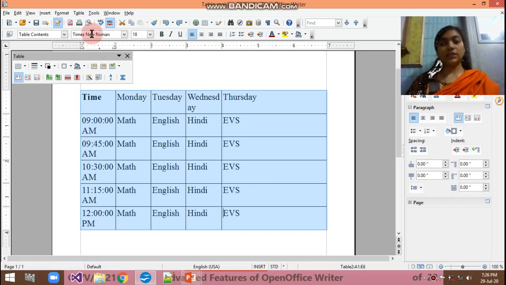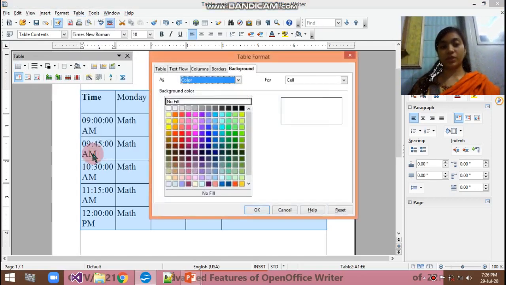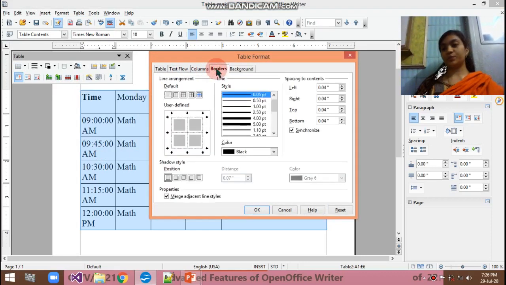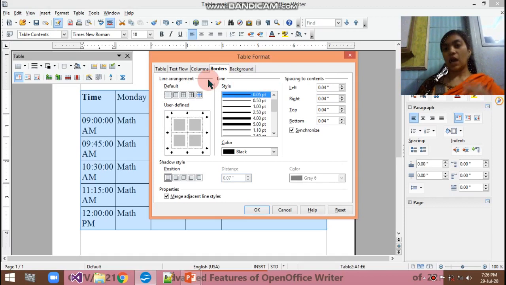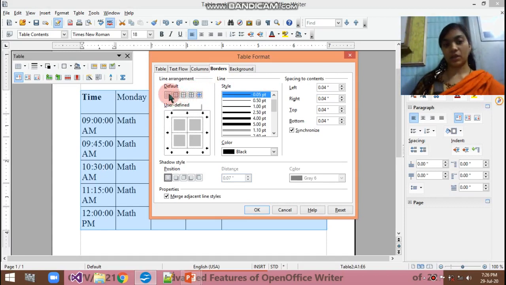Okay, so after selecting the table, the option of the border is also available here. If this tab does not come up, then you have to go to the table menu, table properties. Then you have to select borders here. There are three things you can see: line arrangement, lines, and spacing to contents. हाउ कैन यू मैनेज योर बॉर्डर्स, आपको किस तरह की बॉर्डर चाहिए, कैसी बॉर्डर चाहिए, वो आपके ऊपर डिपेंड है.